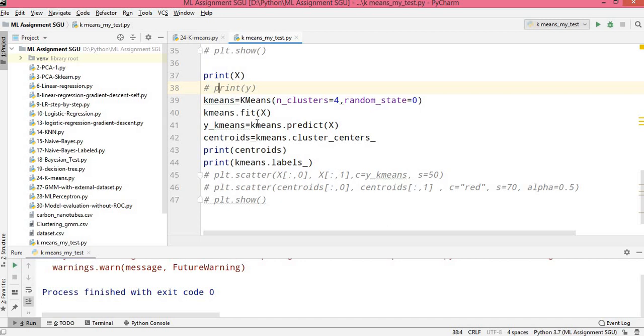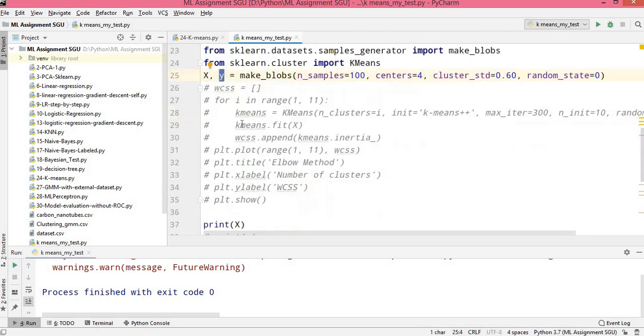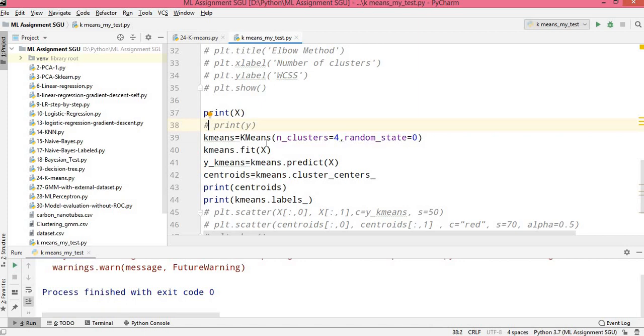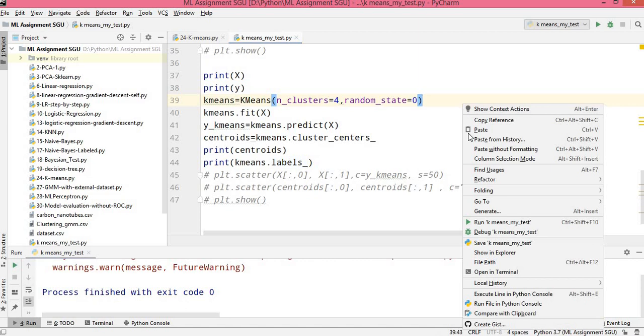Okay, and then we fit this, and then we are trying to predict the value of y. This y is the initial cluster values which are given over here. Okay, and with k-means, what is the value that we are mentioning here. After generating the clusters, we can get the centroids using this k-means dot cluster centers. Then we are printing these centroids, and then we are printing the labels also. This is for every x, the cluster in which it belongs. Now if we execute this,